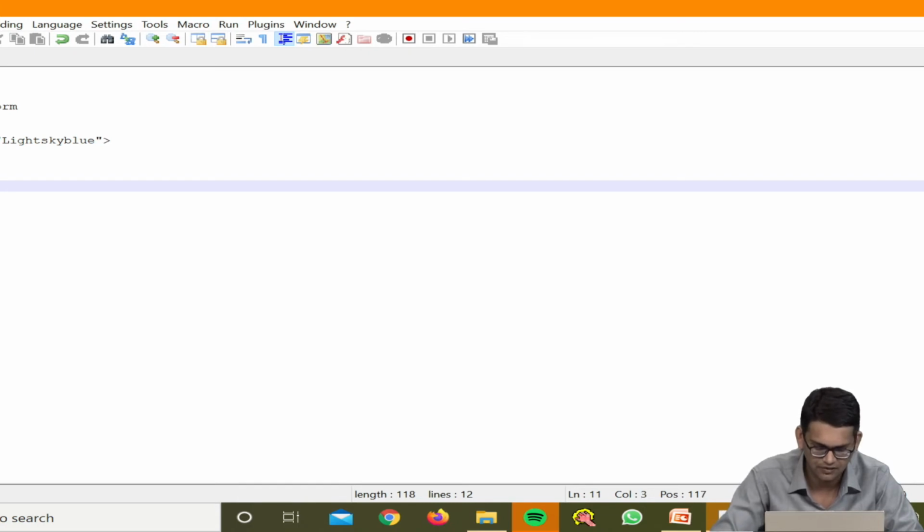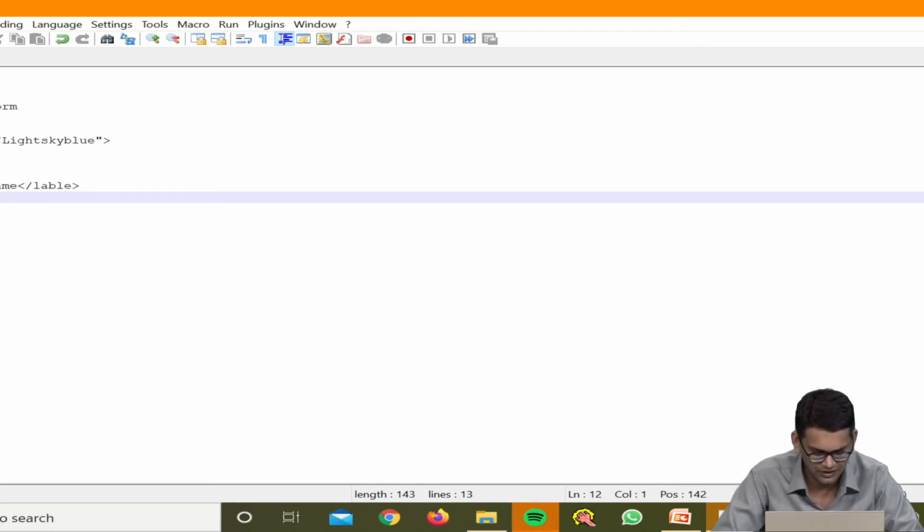Now, we will create a label. What is a label? Label is used to directly show some content over the HTML page. Within the label we are going to write first name, and then close the label.